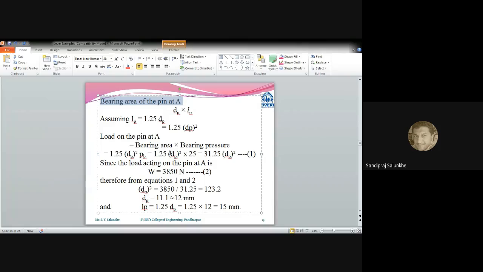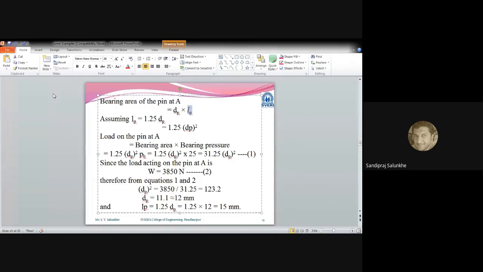Am I right? So that area we are going to consider as a flat area, d p, that is the diameter of the pin multiplied by the length of that pin. It is actually curvature, but for the sake of simplicity, we are going to convert it. You know that many times we have converted that circular area into flat area. So that rectangle we will get by means of d, the diameter of that pin, multiplied by the length of that pin, and on that rectangular area the pressure is acting, and because of that the bearing pressure is generated. That pin is subjected to bearing pressure.